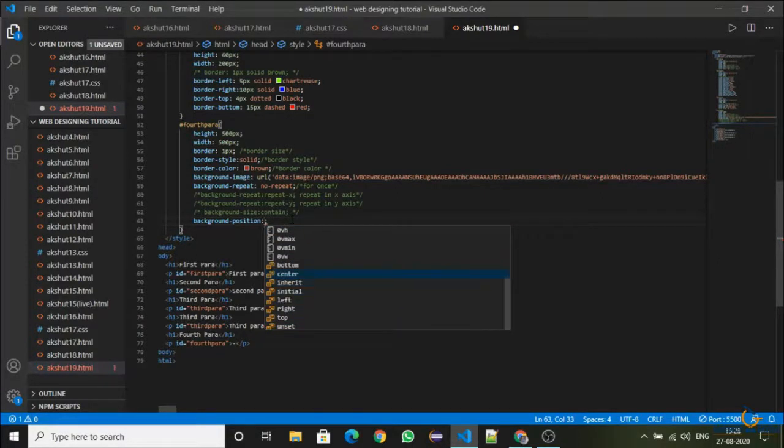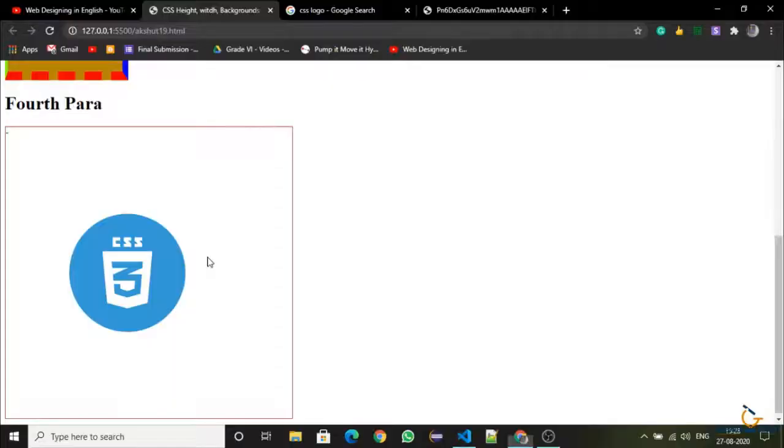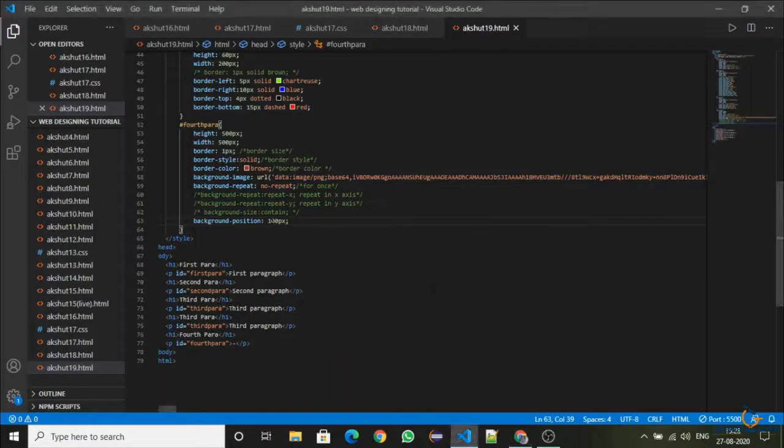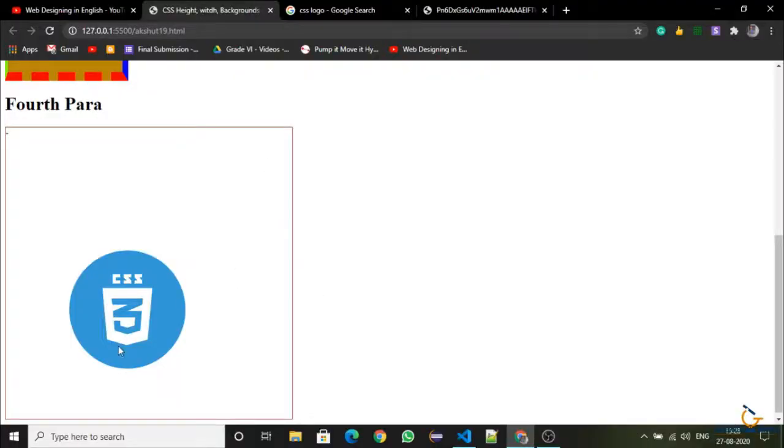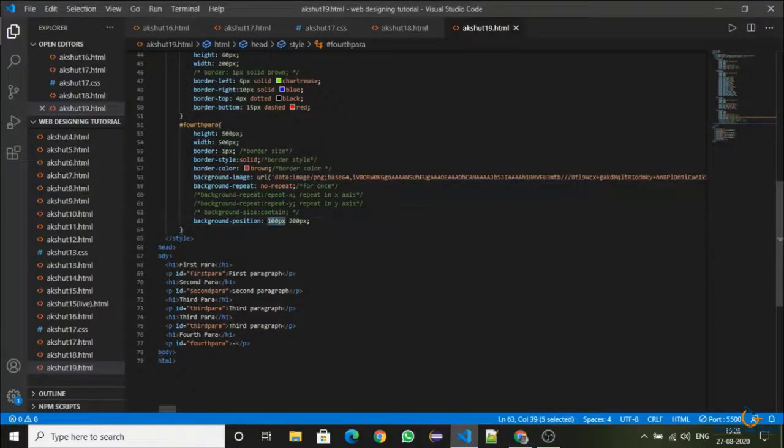You can also define it by pixels. If I want the position to be 100 pixels from the left, it is 100 pixels from the left. So this is the left value, and if you do 200 pixels here, it will be from the top. Okay, so like I will do it 10 pixels.